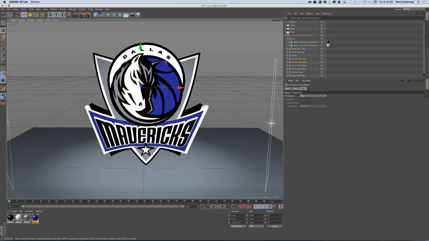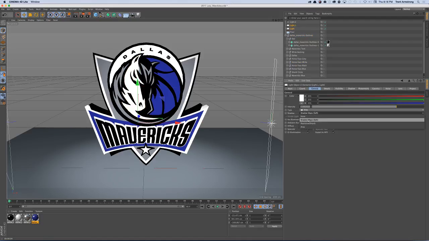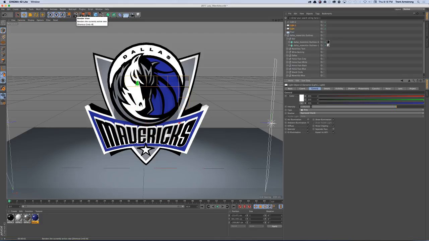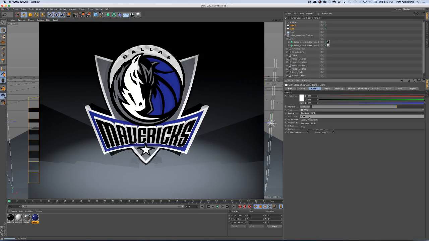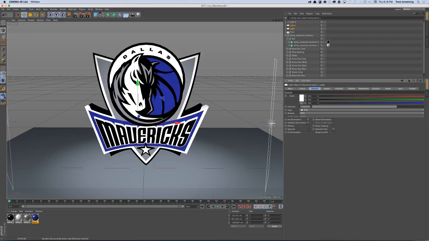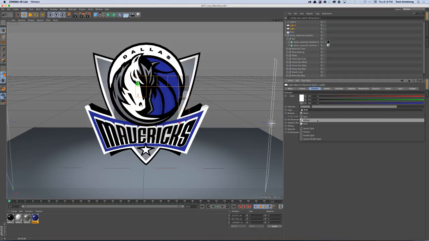You would get some better ones with, let's see what happens when we throw them on hard shadows. Ray traced hard. Yeah, now you see them. See, they're pretty hard. That's why I don't like that. I like the area one. Let's see what the area looks like, just for giggles. Yeah, you can see some soft shadows right there. That looks pretty good. Okay, but for our purposes, we're going to use the